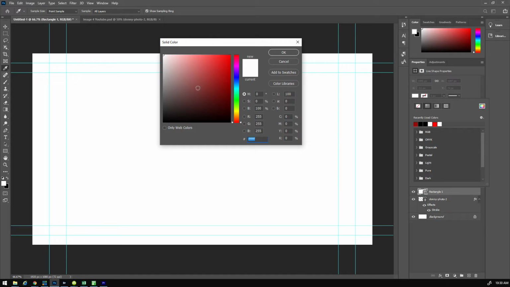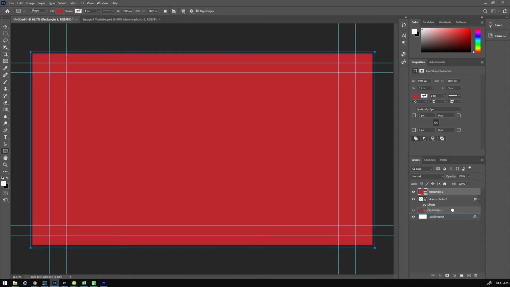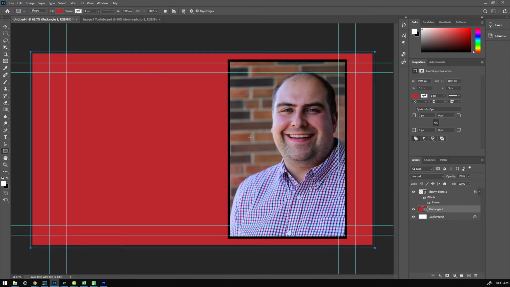So the JP red, if you're following along, it's a CMYK color. So I've memorized it as 26 cyan, 100 magenta, 100 yellow, and then it's 0 black. And this is our official JP red. It looks kind of funny sometimes on computers. It's lighter than it is. It actually turns out more of a darker maroon kind of red, but it still works. So we're going to take this background layer, and we are going to move it underneath our picture of ourselves. So we have our background layer, we have the picture of ourselves,